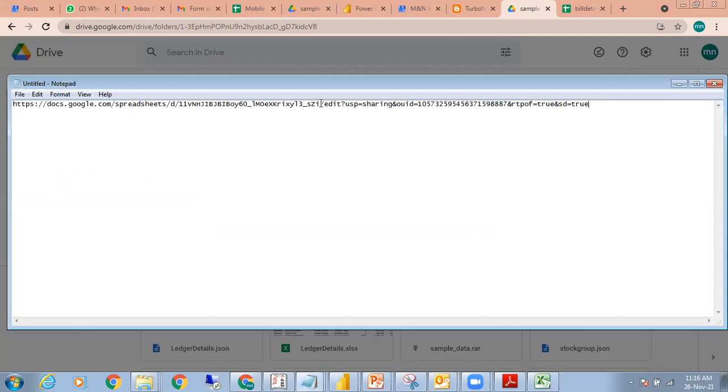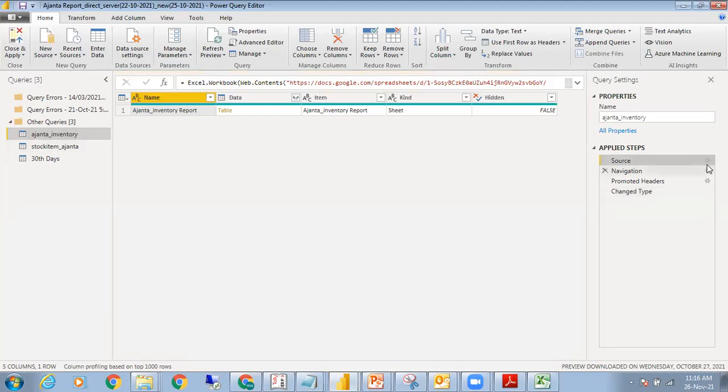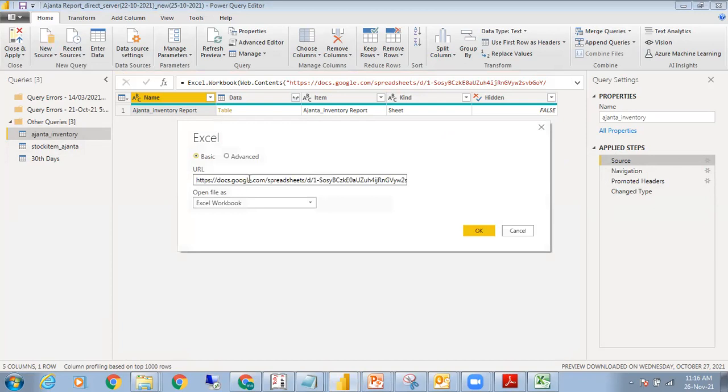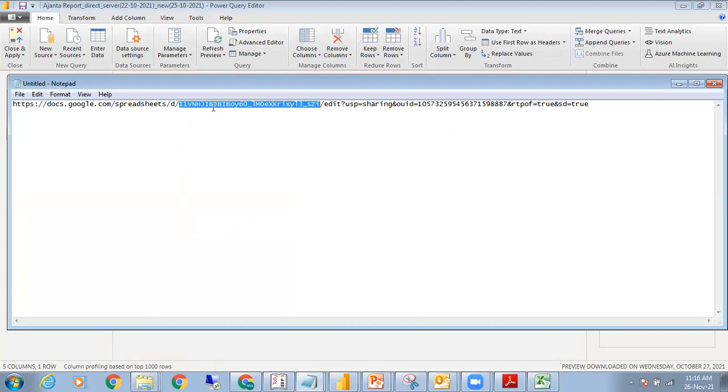Now after D/, I have this particular entry. This is my core entry here. That means whichever file I want to take, this particular module will come in. So for example, in this particular case, I've taken my source, and in this source you just have to say Google's product spreadsheet, and this is going to be the module. This is going to be the replacement by this. So automatically your Google Sheet will sync with the cloud.